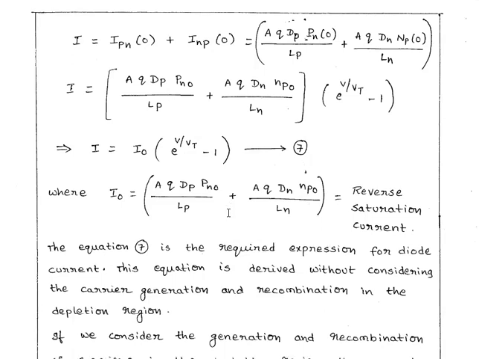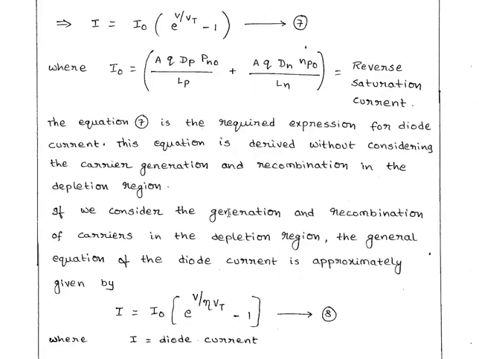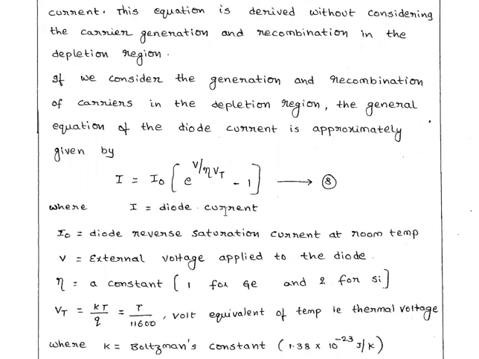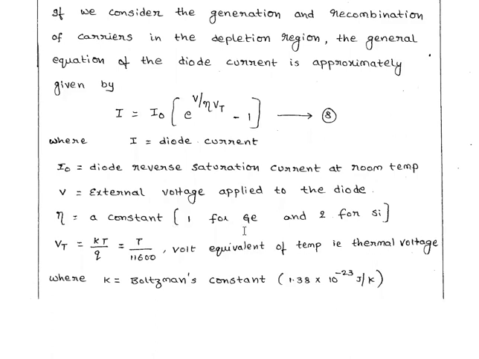If we consider generation and recombination of the carriers in the depletion region, the general equation of the diode is approximately given by I equals I0 into e power V by eta Vt minus 1. I is the diode current, where eta is a constant, that is for germanium it will be 1, for silicon it will be 2. I0 is the diode reverse saturation current at room temperature, and V is the applied voltage, that is the battery voltage that we have applied for the PN junction, and Vt is